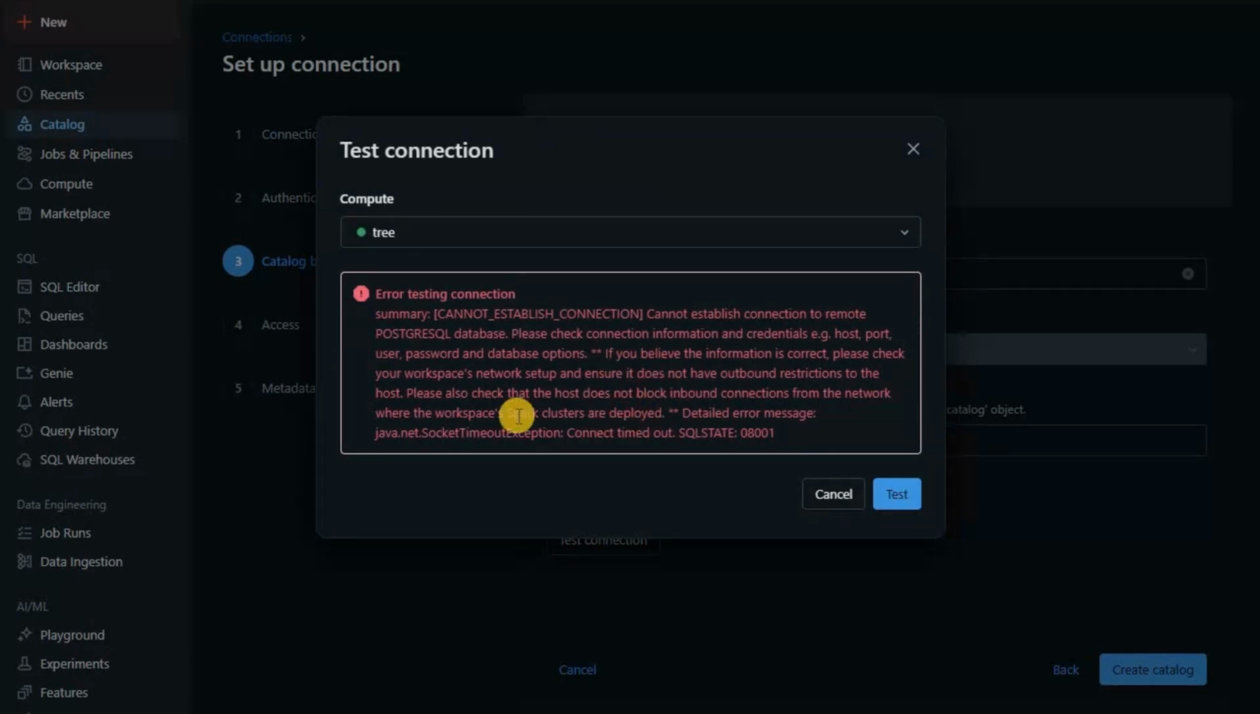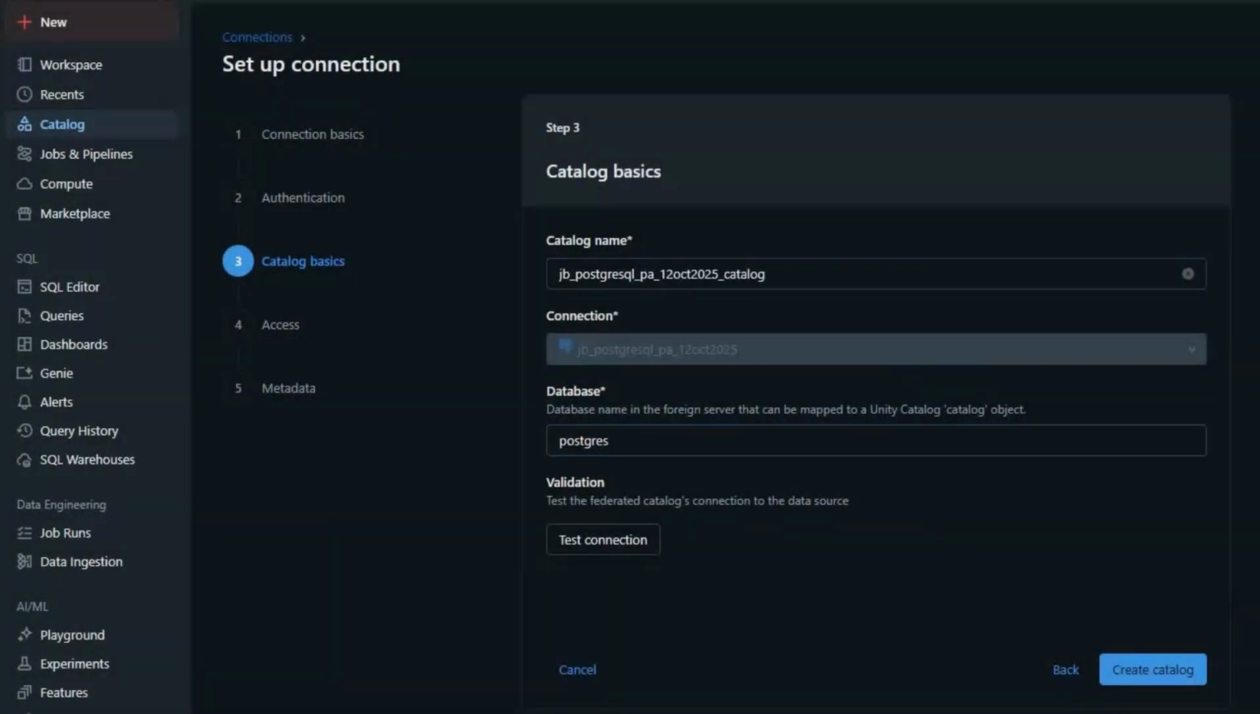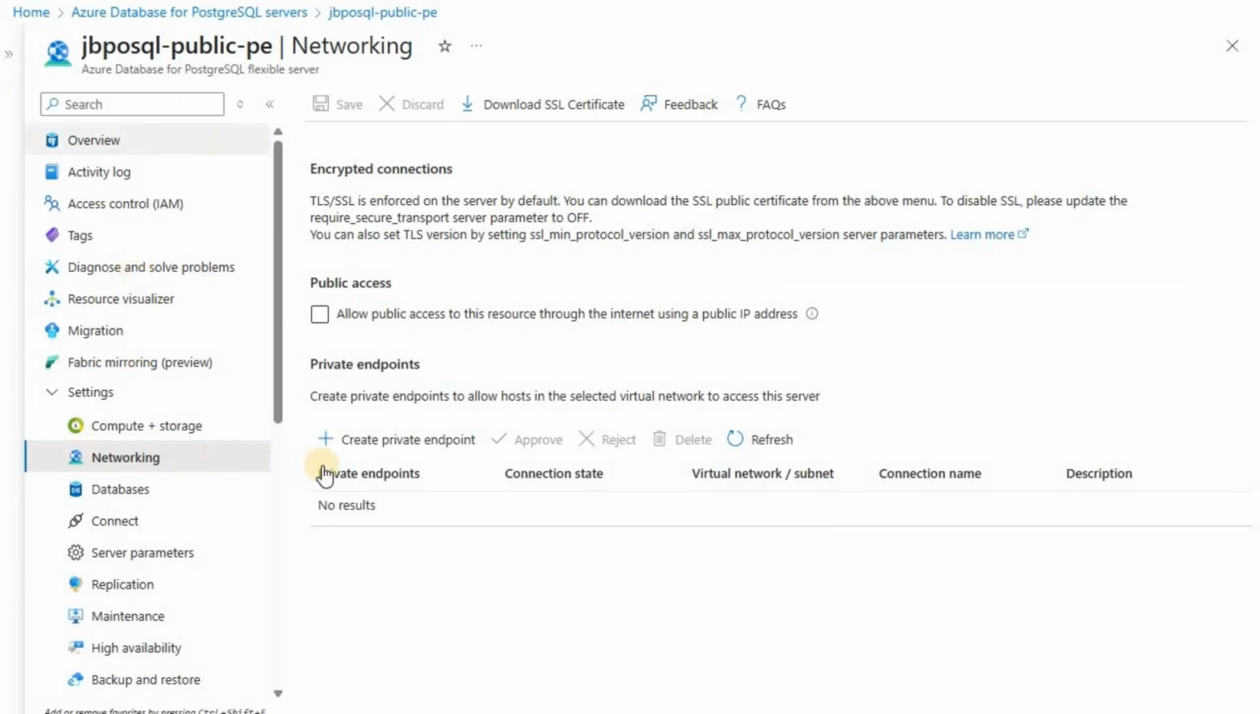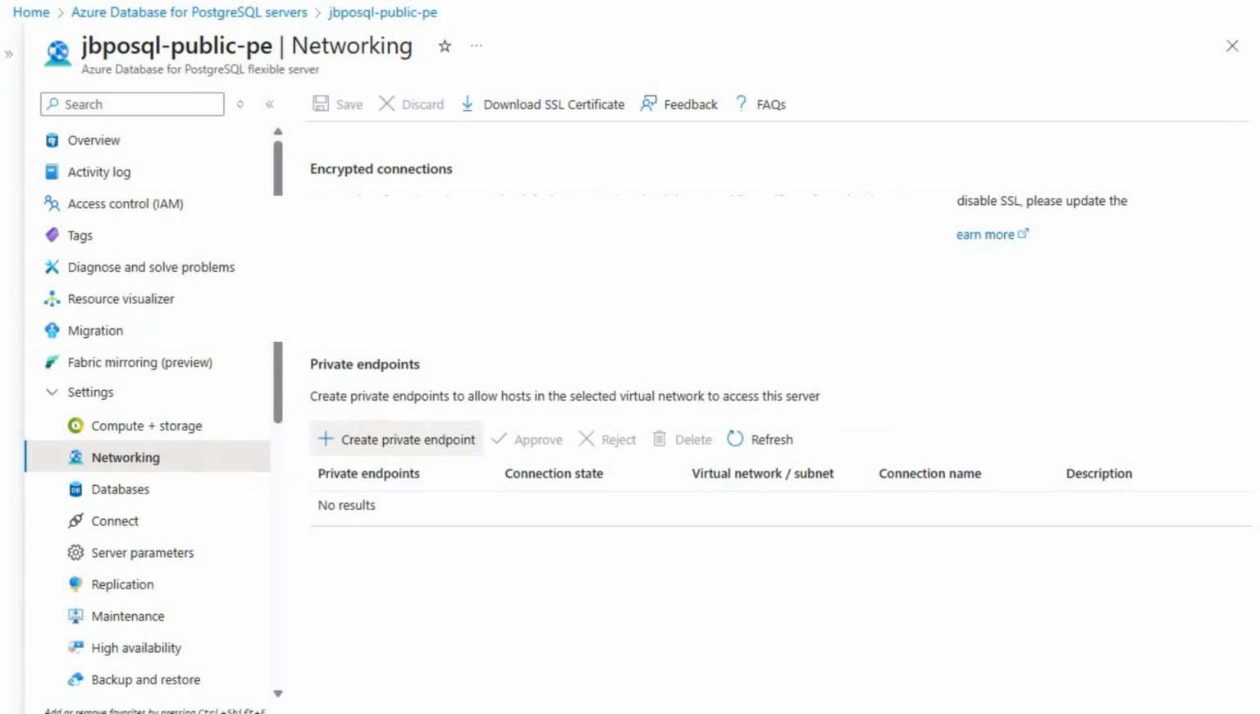We are getting this error. If you see here, it basically tells it is not able to establish the connection to the remote PostgreSQL database. Yeah. So now what we'll do is let's go back to our PostgreSQL here, and then let's create a private